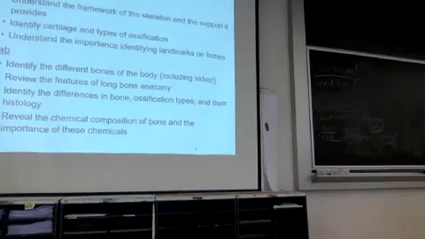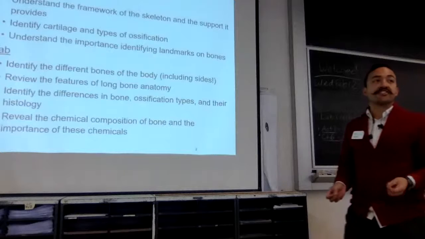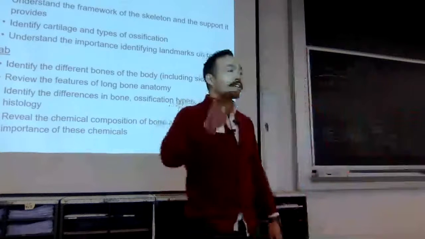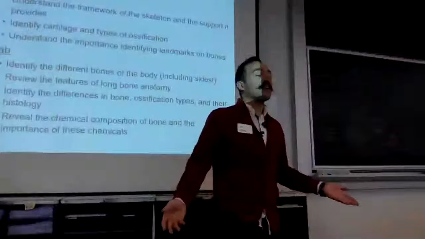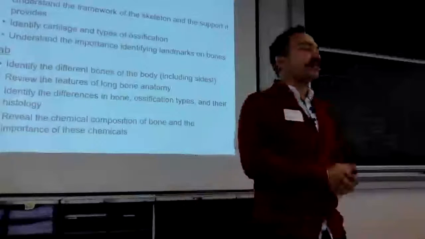What kind of tissue is it? Connective. Both cartilage and bone are a type of connective tissue. It's not connective tissue proper, so it doesn't fit under those 6 that we went over. But it all stems from what? All of it stems from which embryonic